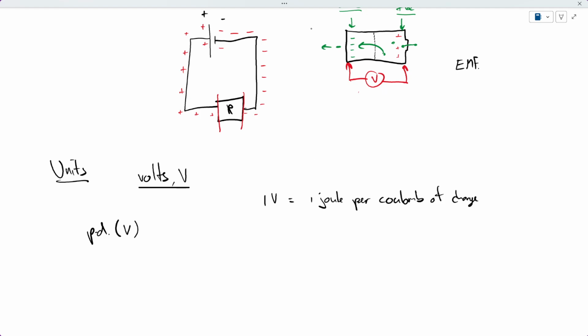So when I see something like a battery, a cell, maybe it's a AAA or something like that, and it says on it 1.5 volts, that means if I was to isolate a coulomb of electrons at this end of the cell and a coulomb of electrons at this end of the cell, these ones have 1.5 joules more potential energy than these ones. And if I was to do the same thing with protons, a coulomb of charged particles at this end of the cell, positively charged particles, protons, have 1.5 joules more potential energy than at this end of the cell. That is what that 1.5 volts